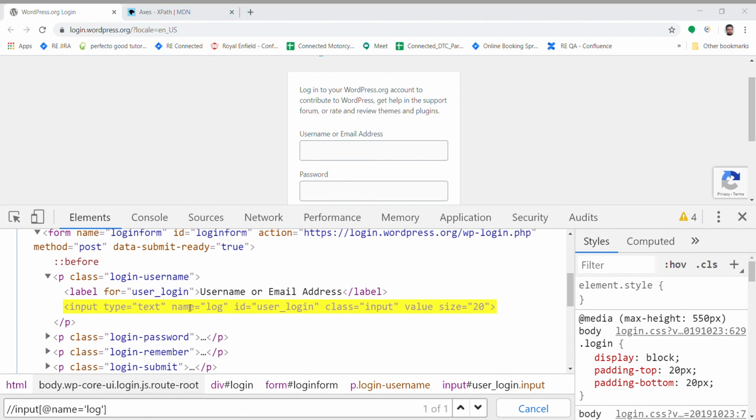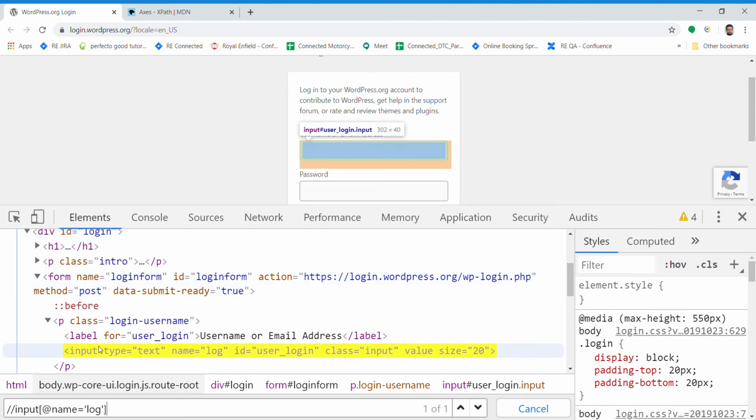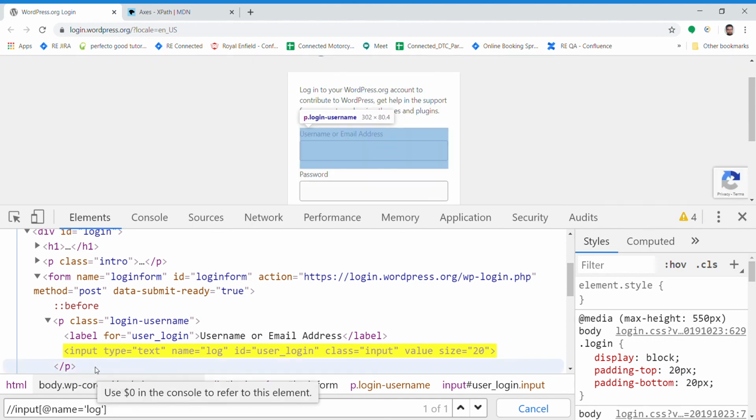Okay, so moving ahead, we have discussed single slash and double forward slash. So the one advantage of double forward slash, or the relative XPath, is that if any nodes get changed in between here from the root node up to this node, our XPath is not going to get changed because we have just started from here only.